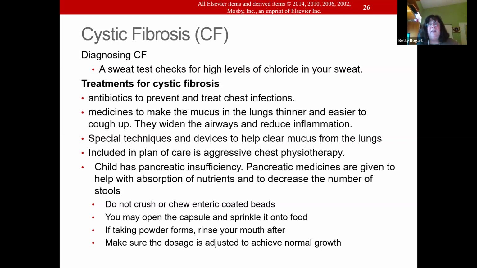And the other thing that we need to know about giving these meds is as they grow, they need bigger doses. I think in all areas where we have a chronic condition requiring medicines, as a child, these kids are growing, and I don't think we keep up with it quickly enough. Sometimes you have breakthrough seizures because they don't have enough of their seizure medicine. Now, with this one, they're not going to be getting their nutrition, so you're going to see a decline in weight.